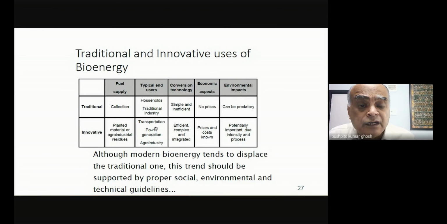Okay. Now, whereas here most of it was for thermal energy, today I could look at uses in terms of transportation fuel, okay, liquid fuels. I could look at it for generating electricity, power generation. I could look at it for agro industry. So I can now look at it in a much broader way than what was possible with traditional industries. Now, conversion technologies are simple, as I told you. You just burn them, okay? Or even if I make materials out of it, I will do it in the crudest of manner. Okay? But